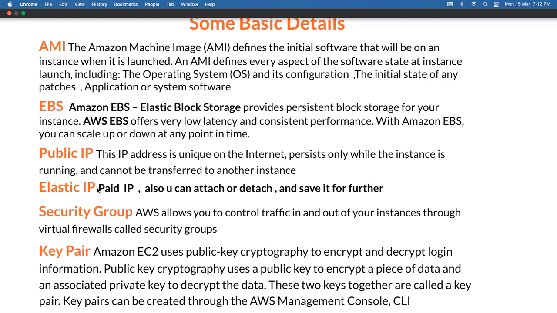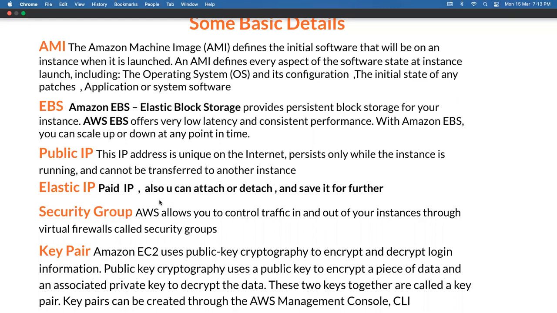Elastic IP is a paid service of AWS. You can attach or detach it from one instance to another instance, and you can also save it for later. It is like your public IP, but it is elastic.